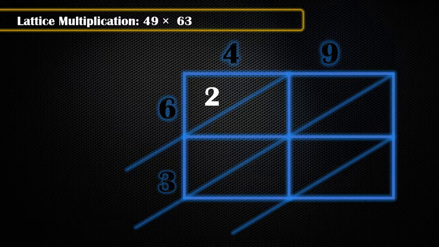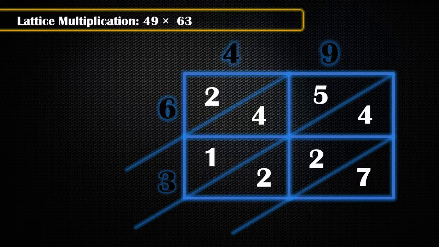So 6 times 4 is 24. Now we can move on to 6 multiplied by 9, which is 54. And then 3 multiplied by 4, which is 12. And 3 multiplied by 9 is 27. Now we can move on to adding